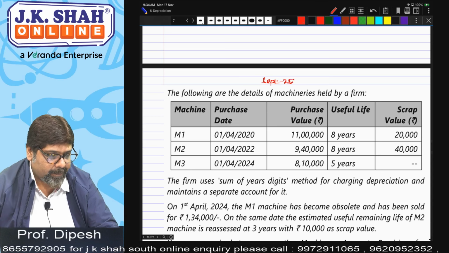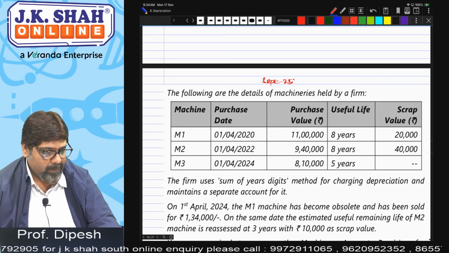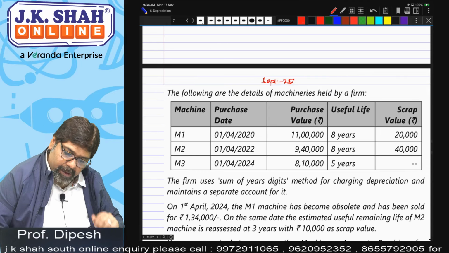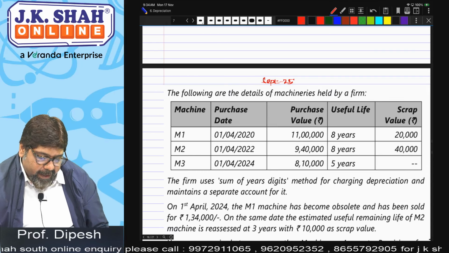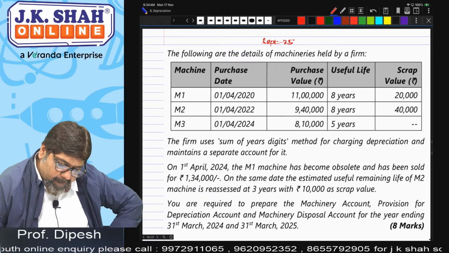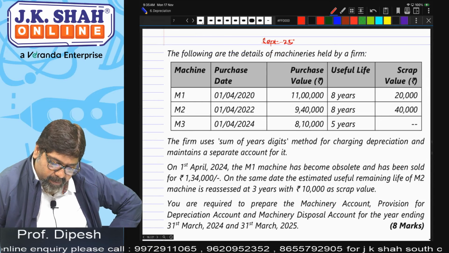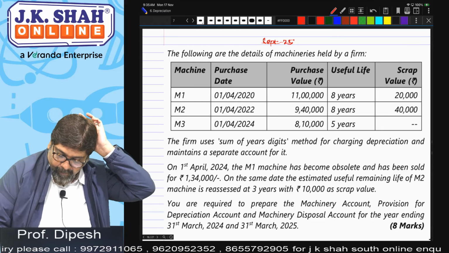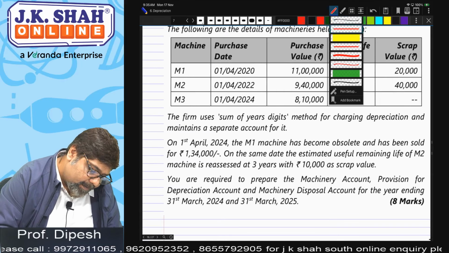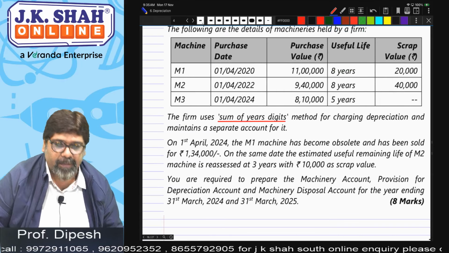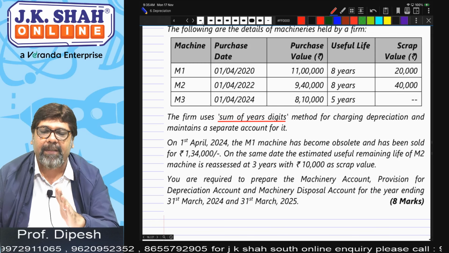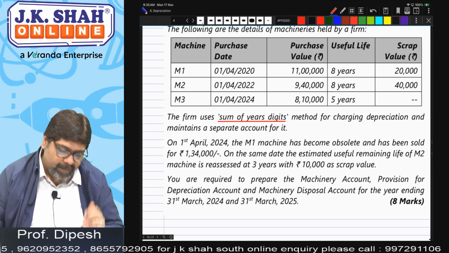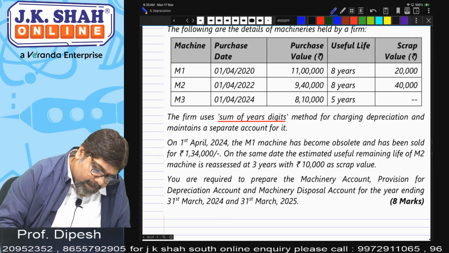Now the following are the details of machinery held by the firm. M1 1420, M2 1422 and M3 1424. ठीक है. The firm uses sum of years digit method. In case of sum of years digit method, you are supposed to charge depreciation in the reverse order of years. So in the ratio of reverse years, that is, in this case it will be